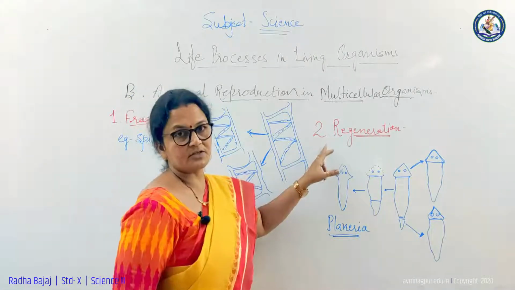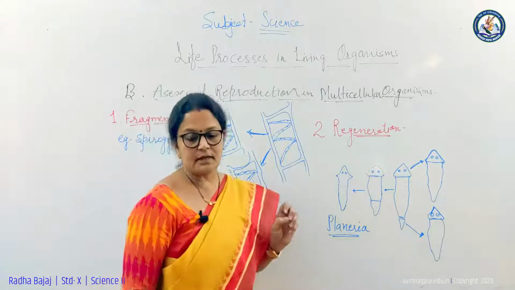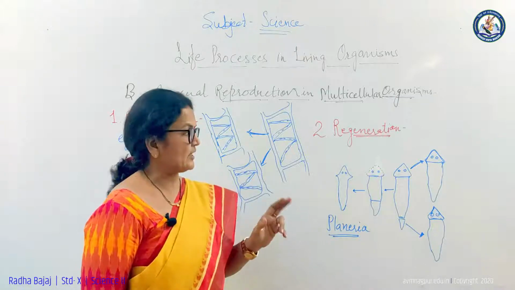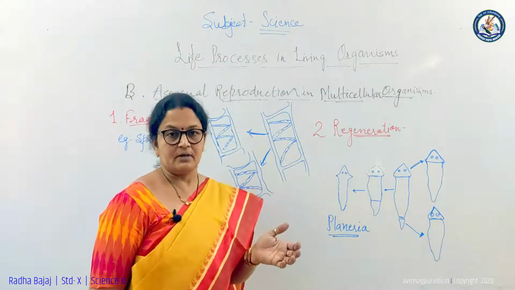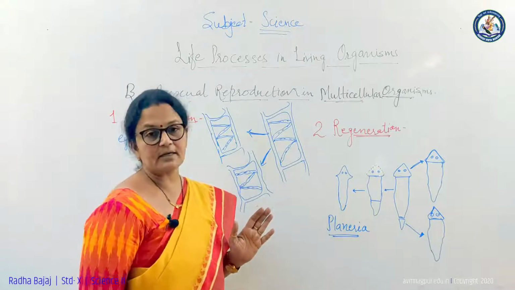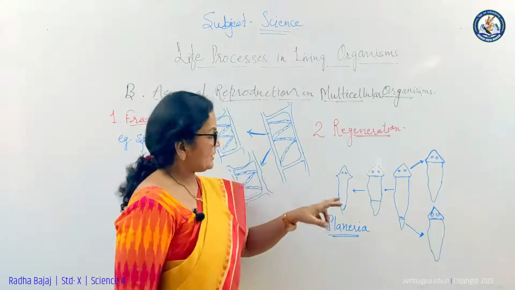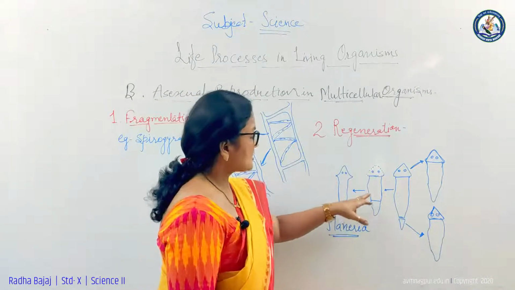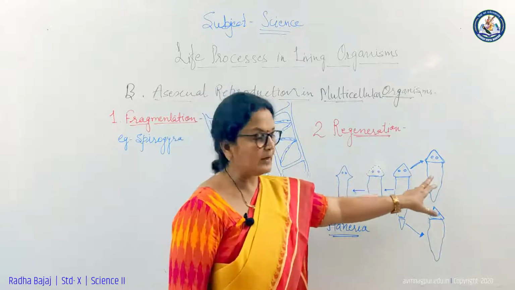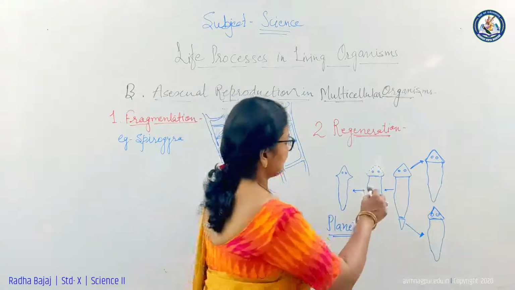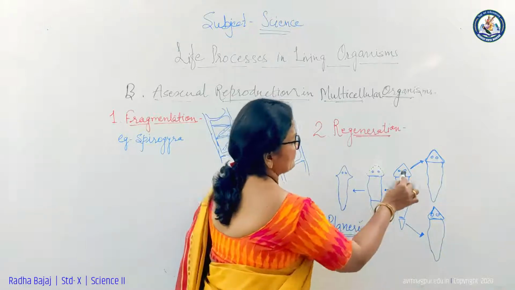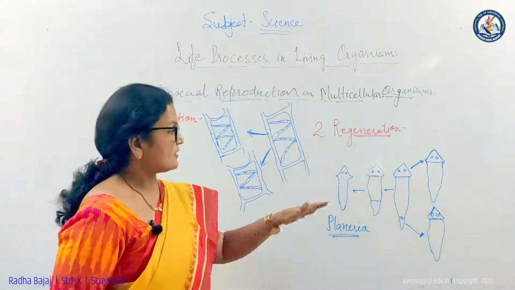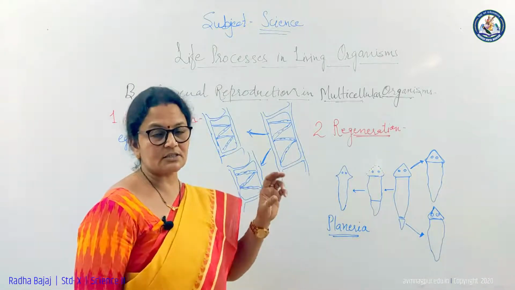Second process, that is regeneration. You know the wall lizard. Have you seen a wall lizard? During any incident, the wall lizard breaks its tail and again develops that tail. This is regeneration, but it is a limited type of regeneration. But in planaria, regeneration is the method of reproduction. Each cut part regenerates into a new planaria. This part cut develops into new, and we are getting 3 planaria. So regeneration from a single piece develops a new organism, but in the lizard it just develops a tail.